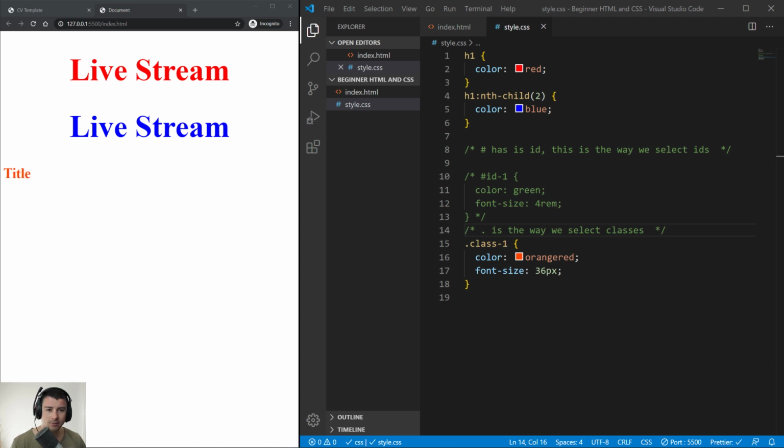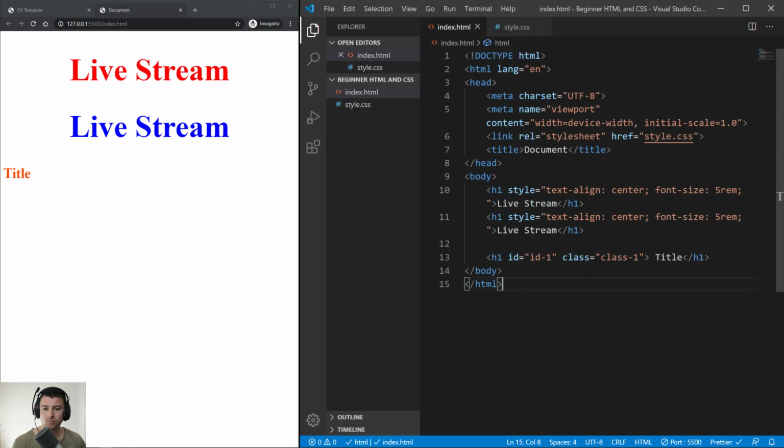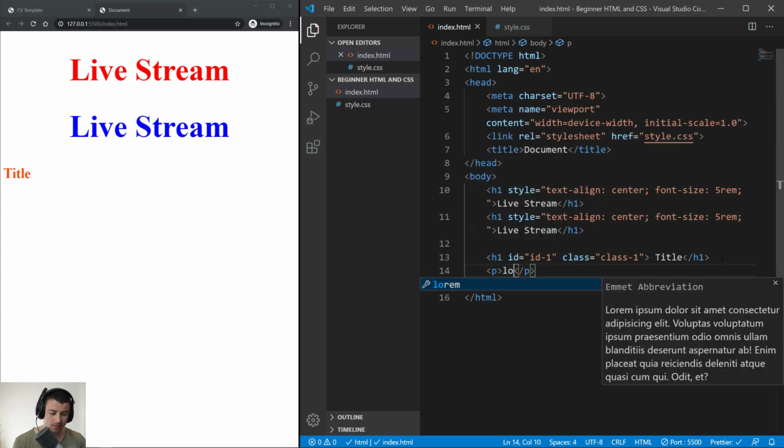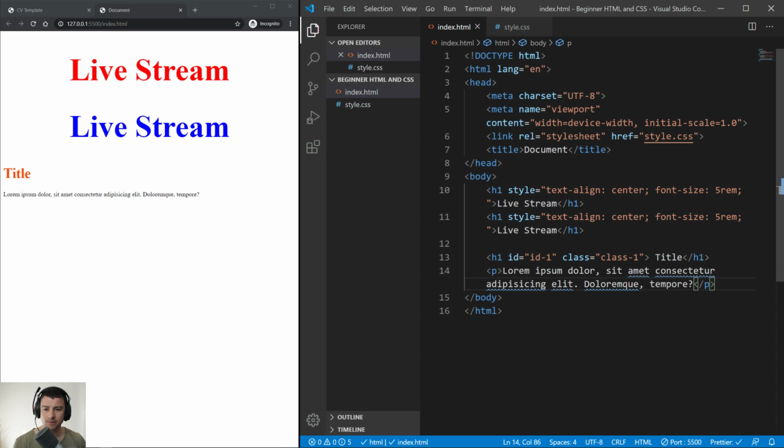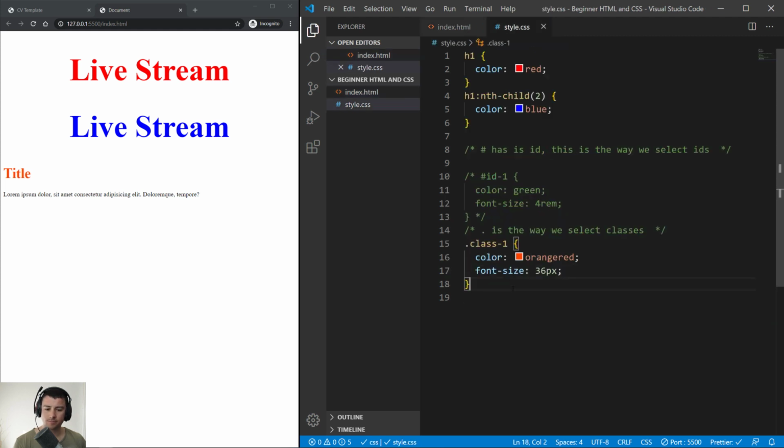Well, actually, inheritance in CSS, I have to give you an example. It's much easier that way. Let's say, let's create here a paragraph tag. Let's just type in a lorem 10. This should be enough. And how is it? If I take the class,